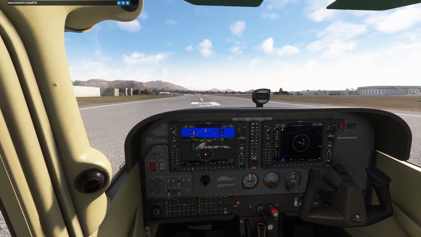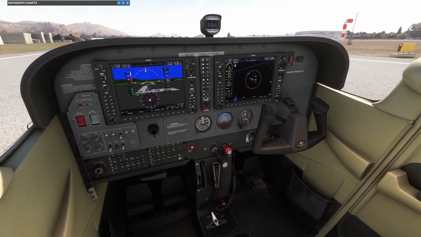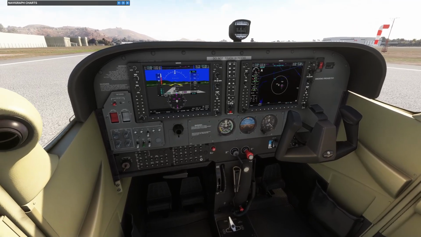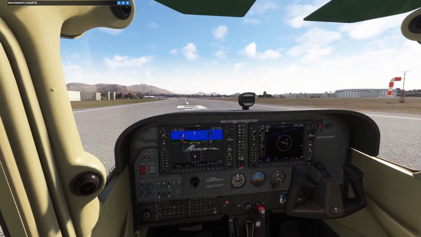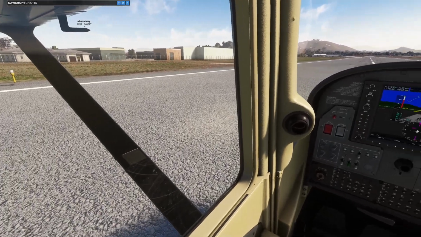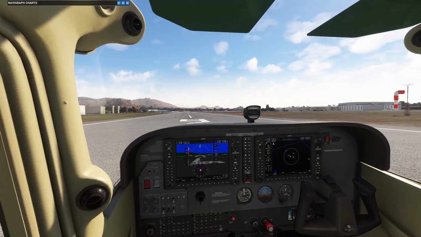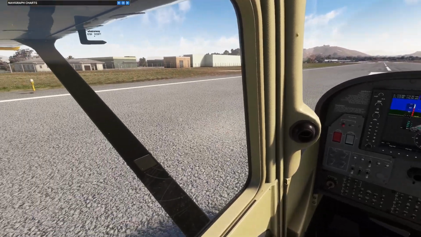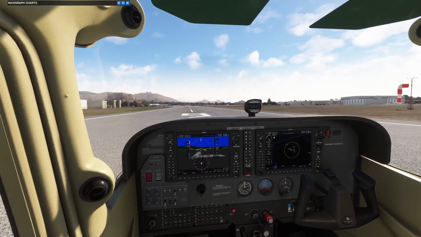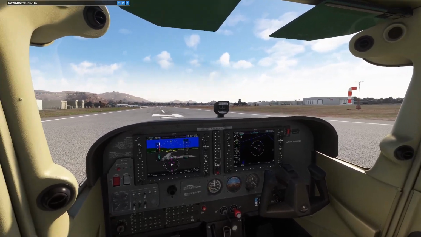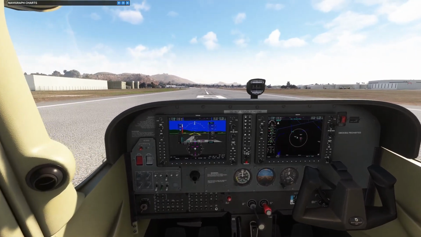So I'll set the heading bug. Vertical speed I'll set to 500. So we want a heading out of here, probably about 009, probably want about 070. I go to a place called El Capitan Reservoir and then turn left to JLI from there, which has a beacon called Julian,